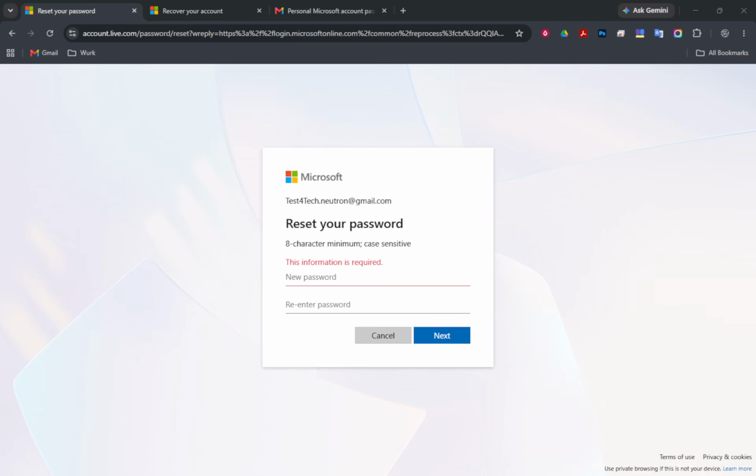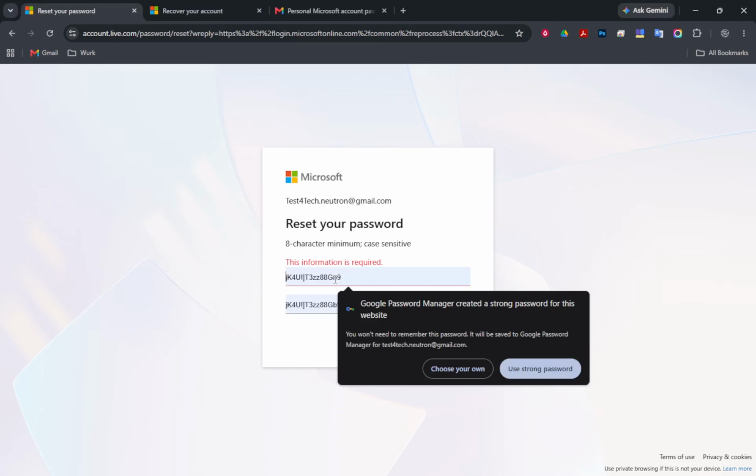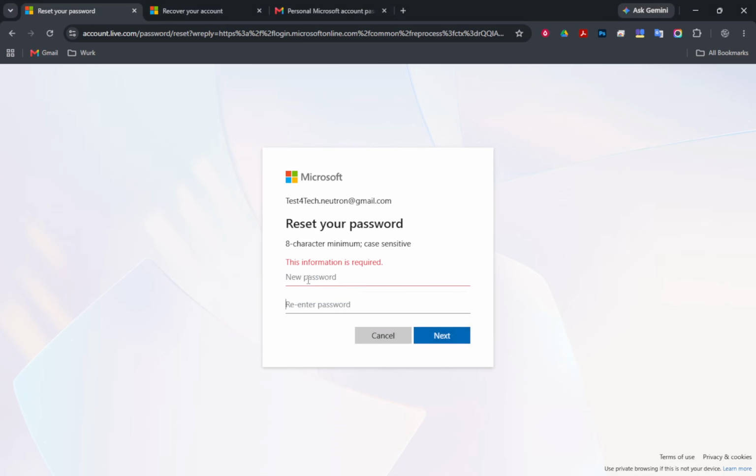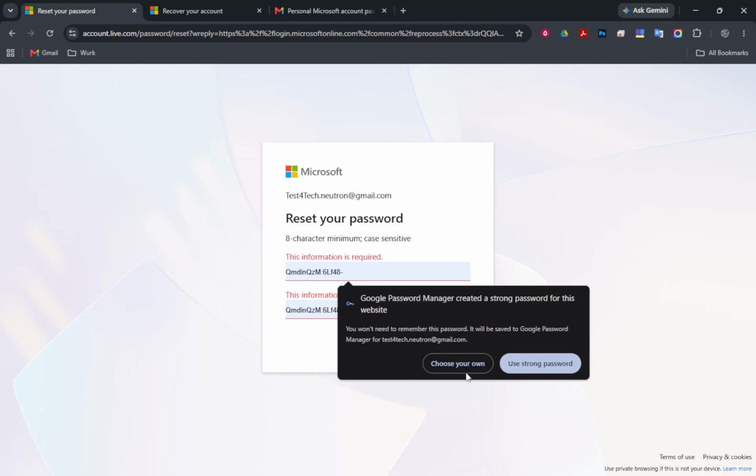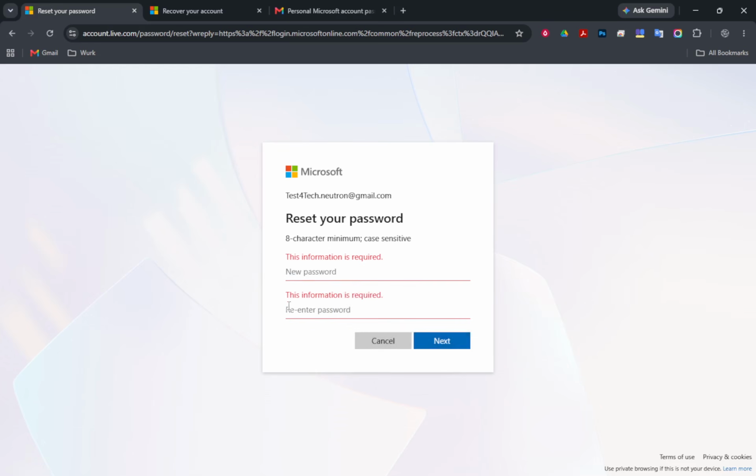After creating your new password, return to the sign-in screen. Now you can sign in using your new password. This step confirms that the reset was successful. You will see a confirmation message indicating that you can access your account again. This gives you peace of mind, knowing that you are back in control of your account.